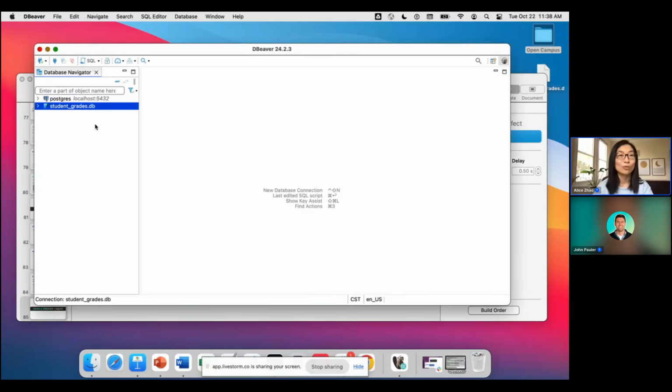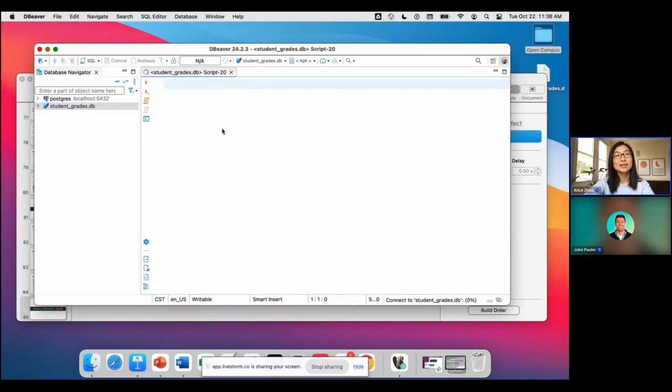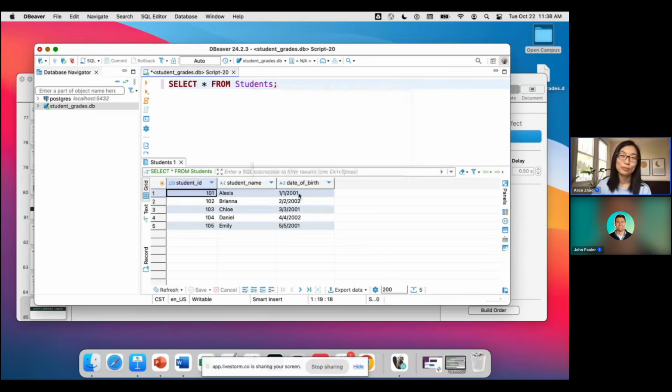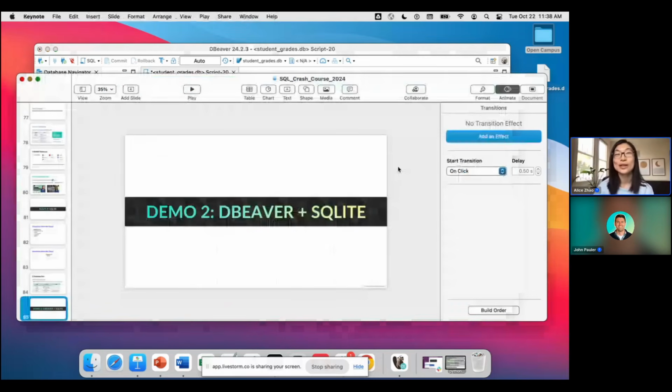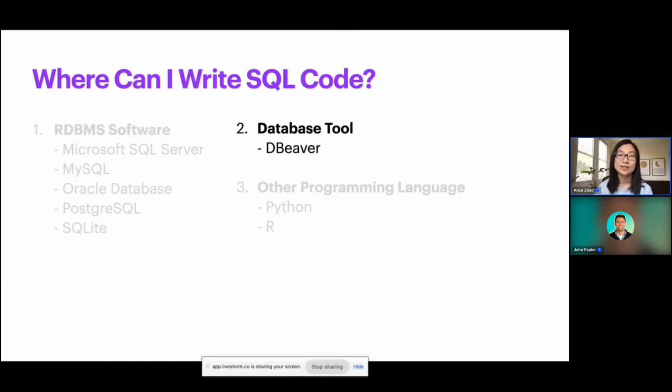And if I right click, I can write a new SQL script. And I can say select all from students. And now here is my table. So you can see that this is a much better way to write SQL code using a database tool that provides this nice user interface.